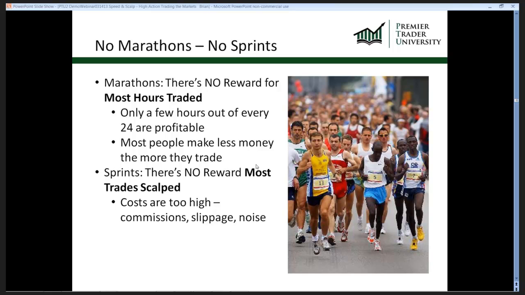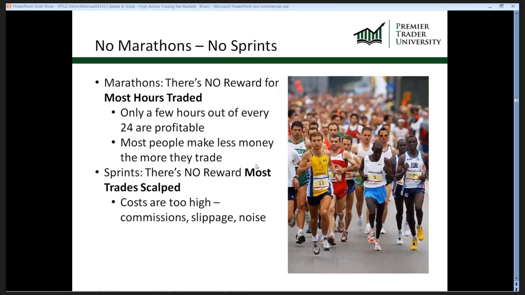Secondly, a lot of times what we see when you're scalp trading is you're trying to go for 2-3 ticks, but you might risk twice or 3 times that. And so, yes, you might have a series of winning trades, but you end up giving it back with one loser. One loser can wipe out a lot of profitable trades. So that's what we typically see when it comes to scalping.